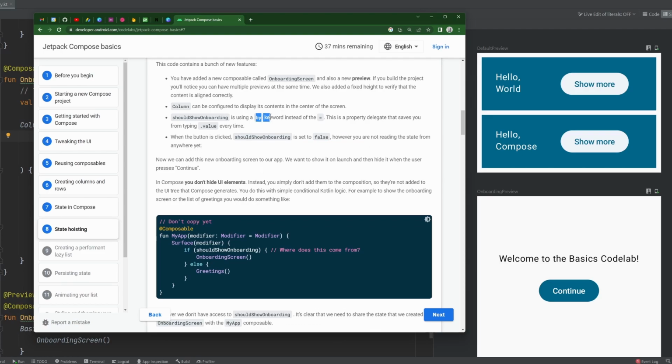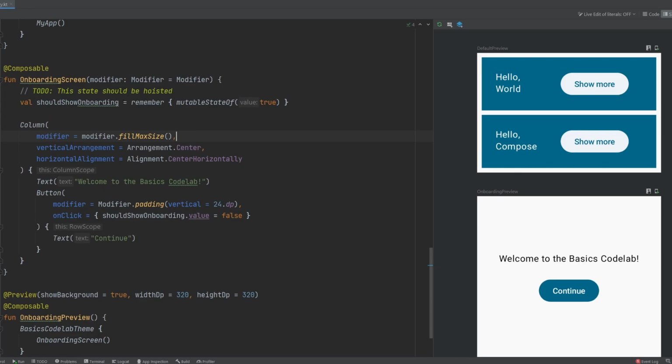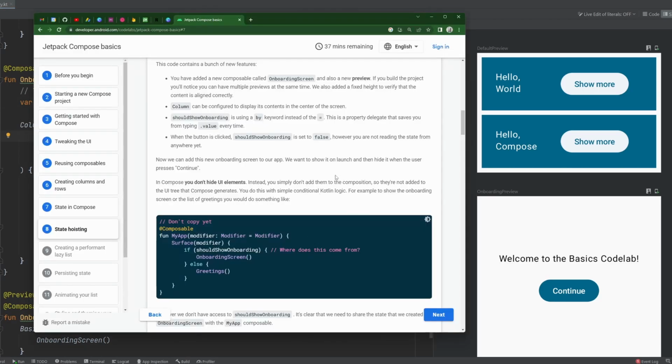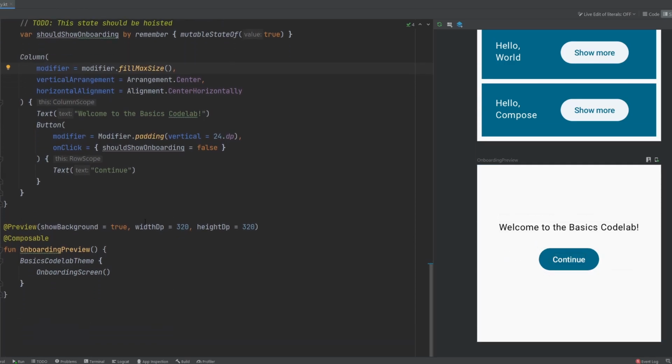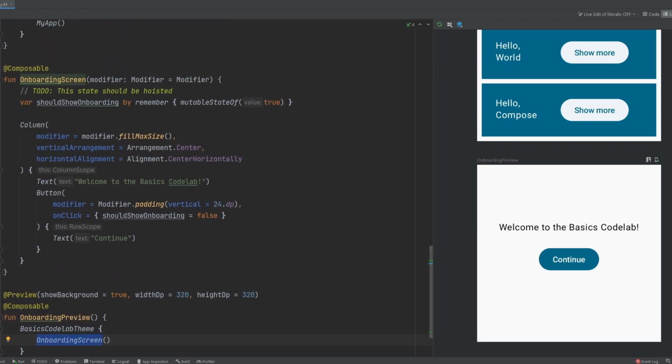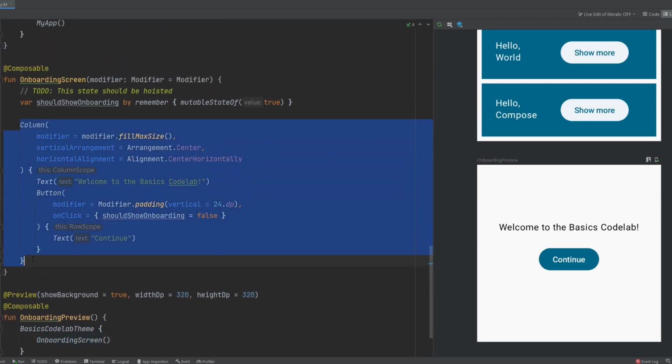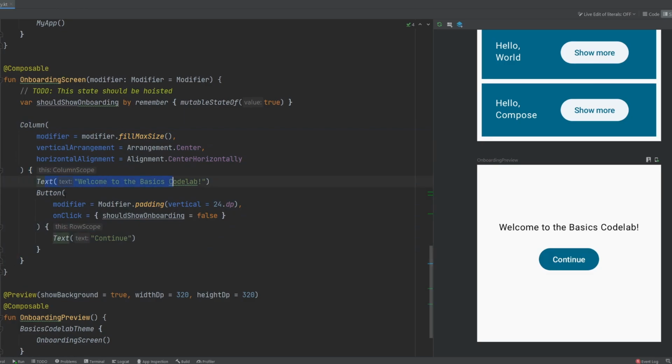Okay, so hold on. Let's see if we can get that by working, because it seems like that's a better way of doing it. Just looks like there were a few imports that we needed to add, and all this code that we pasted over was correct. So apologies, Google. I wasn't trying to shut you down there. But okay, as we can see here, before we move on, we see this onboarding preview. We can very easily see, with a width and height of 320, the onboarding screen, which is just declared as this column right here, which has some text, a button, and shouldShowOnboarding equals